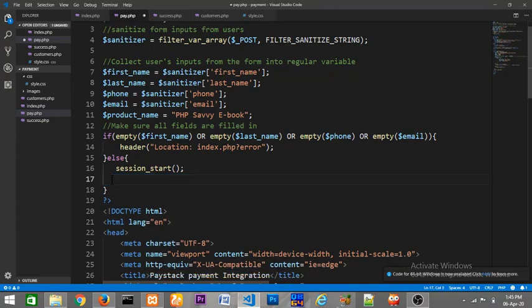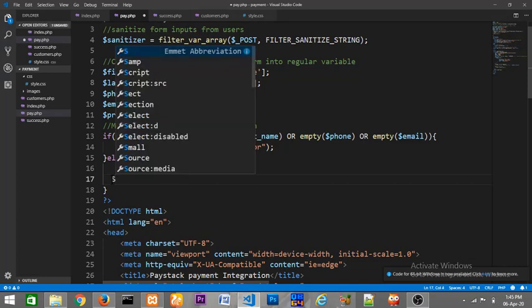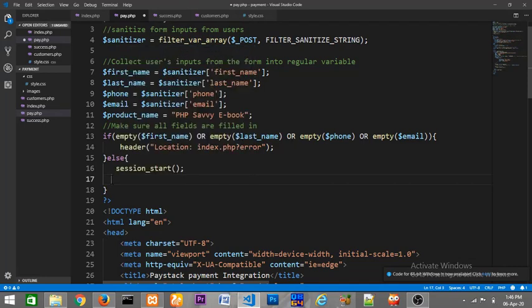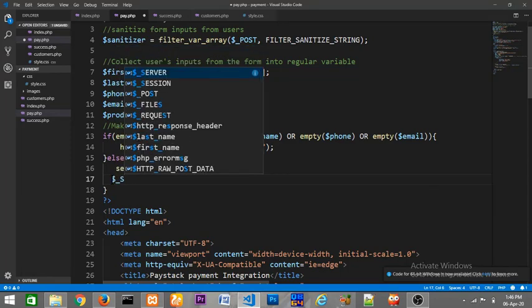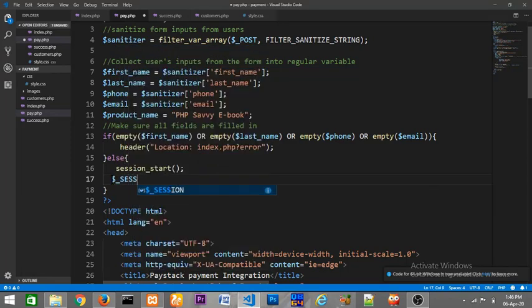I guess we don't need this anymore. So now the next thing to do is I'll bring in the sessions. The next thing to do now is to properly create the sessions by ourselves. So using the session variable, I mean $_SESSION